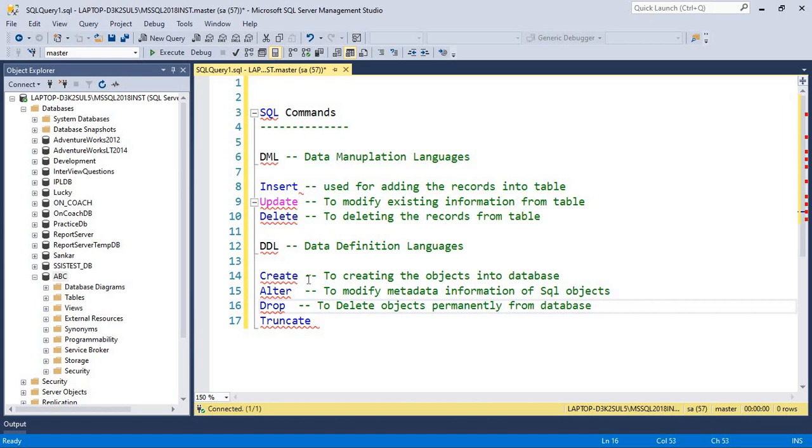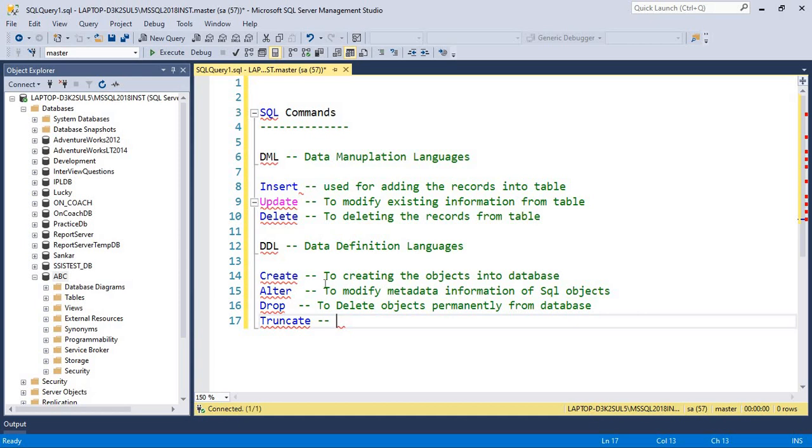Suppose you want to drop a table permanently. Suppose unwanted tables are there. I don't want those tables, so I want to drop them. By using the drop command we can do that. We can delete them.